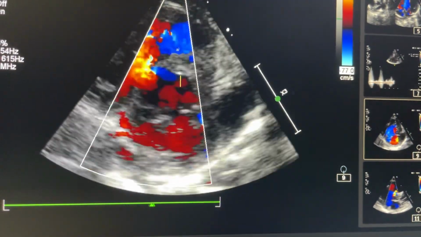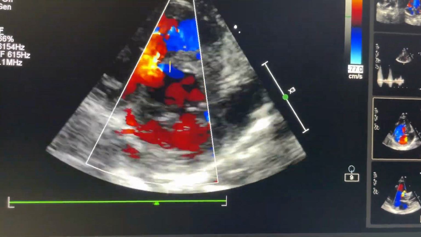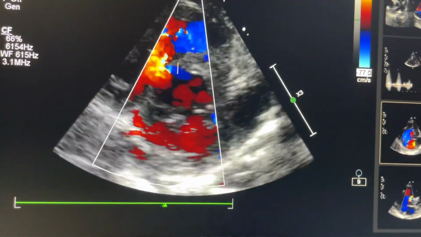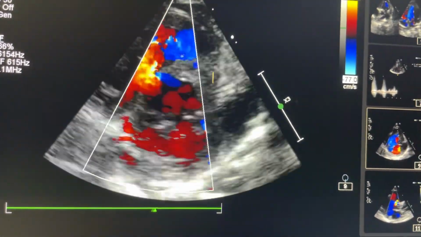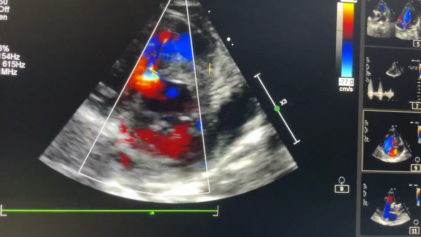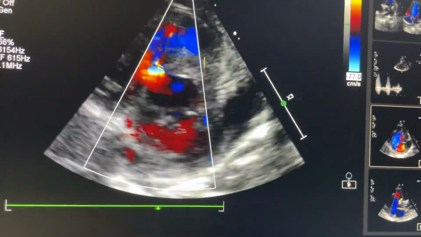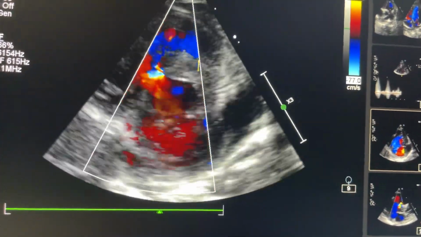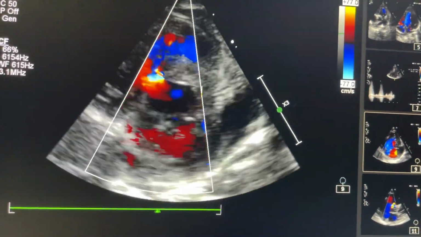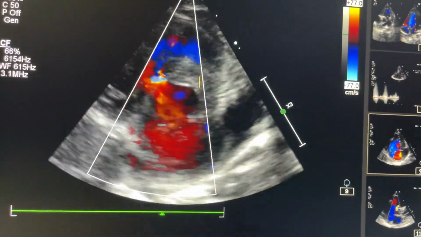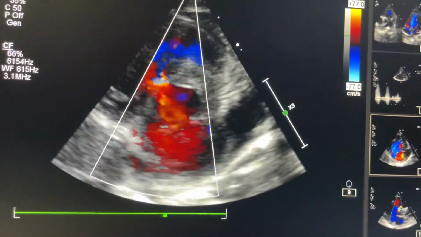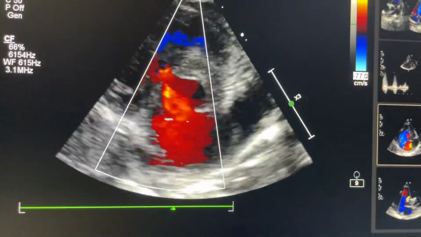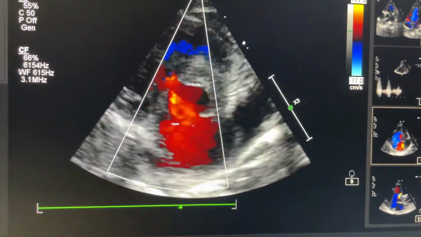So that is how you can make the difference between whether the VSD is likely to close or not likely to close in case of perimembranous VSD. But if the VSD is close to the pulmonary valve, that is doubly committed VSD. Even if it is small in size and restrictive in nature, it is unlikely to close spontaneously. Even if it closes, it will damage the aortic valve. That will be a more dangerous situation. So VSD closure is suggested as early as possible in case of outlet supracristal VSD. Now the next image,